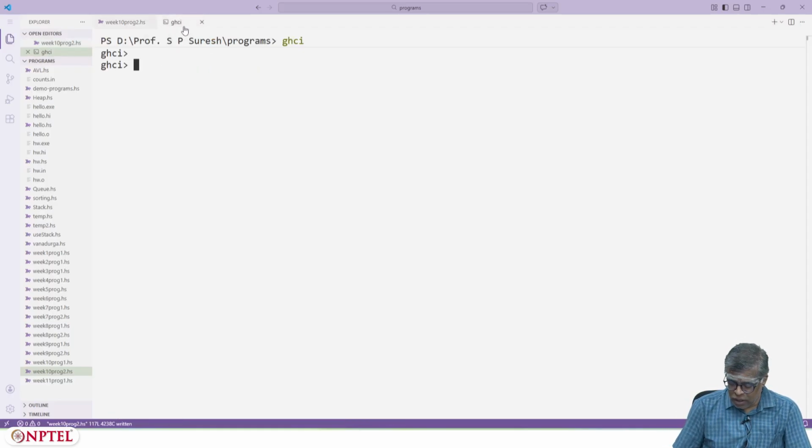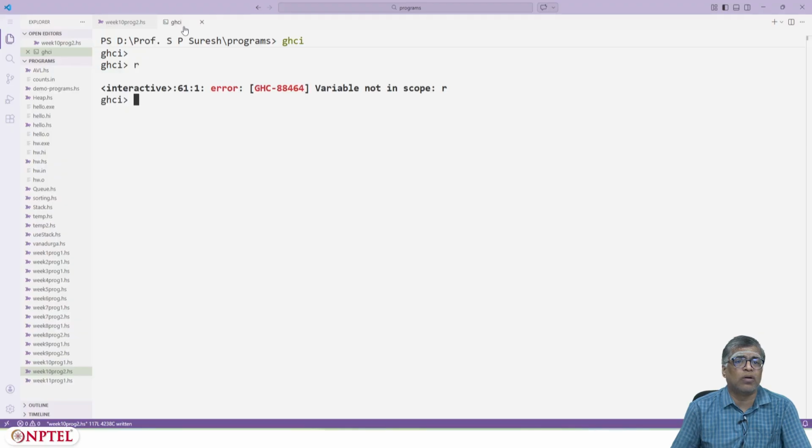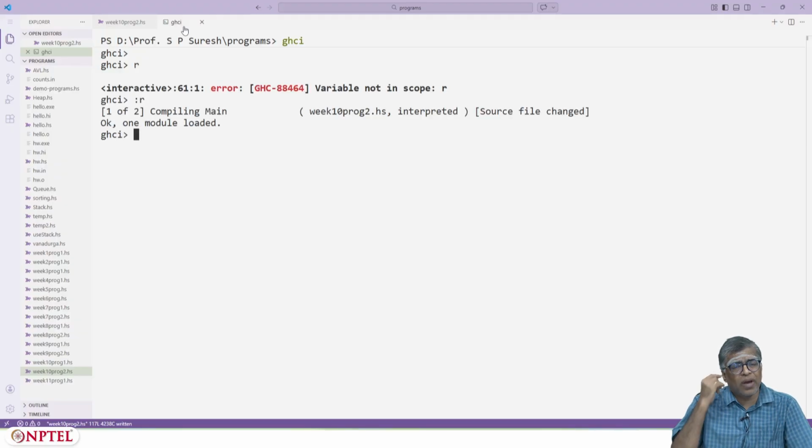I have GHCI. Let me load. Okay, I have loaded this particular program file. So there is no create tree. What you can do is let's just check node.